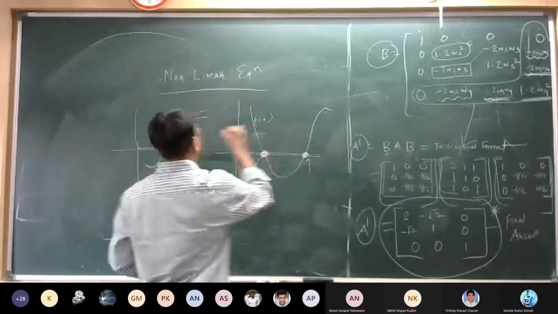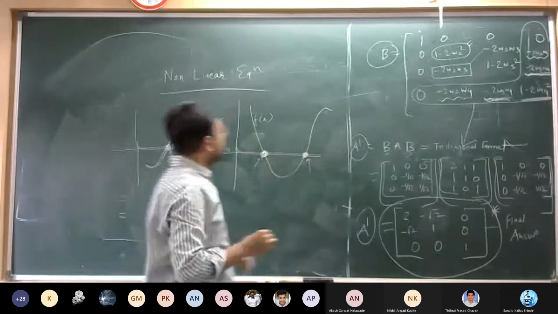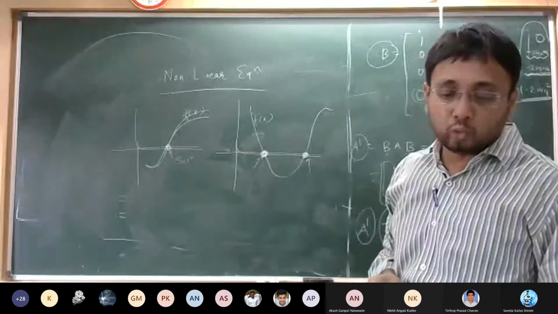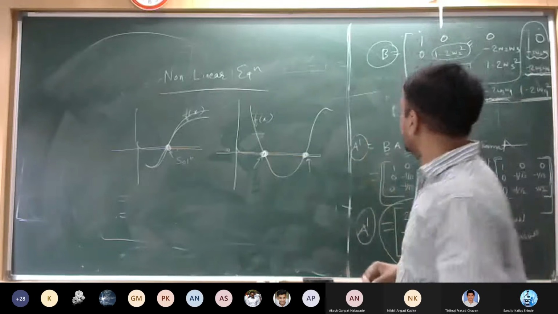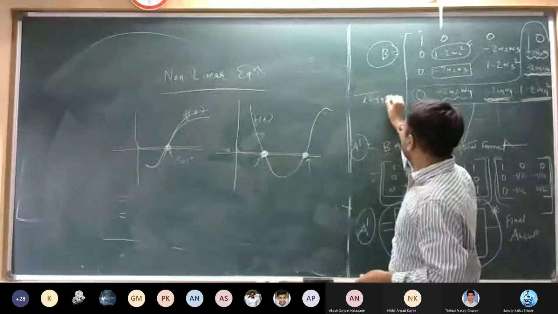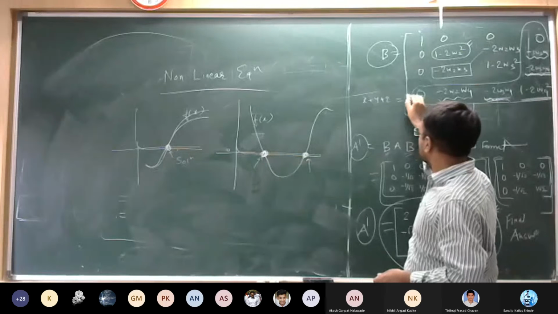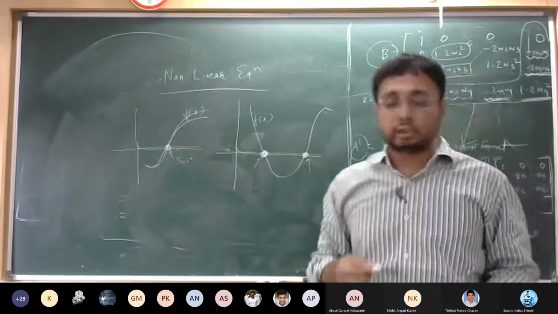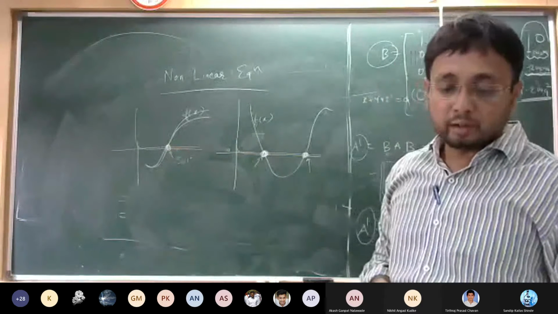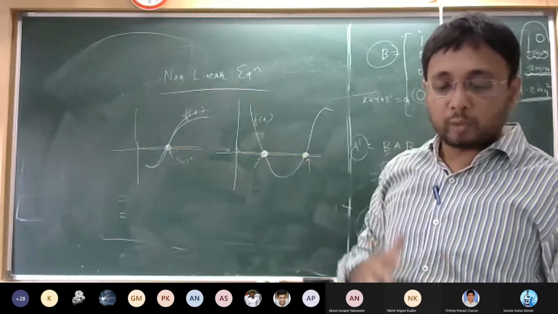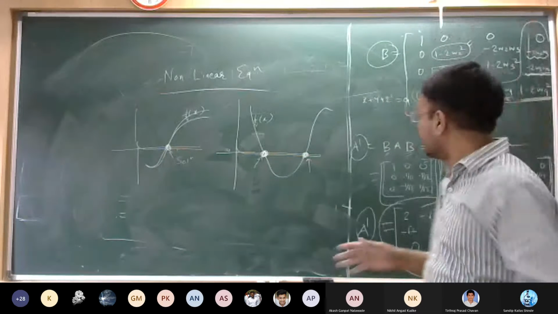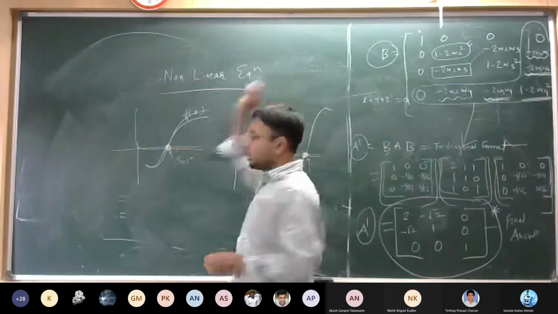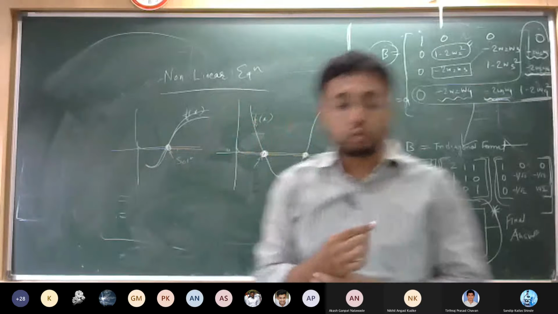So this is the f(x) equation. This particular equation f(x) could contain a power raised to 2 or more. Whatever equations we have seen were only x plus y plus z equal to a given value. So the power was always 1 in a linear equation, but the number of unknown variables was more than 2. But now here in a nonlinear equation, the power is equal to 2 or more than 2.